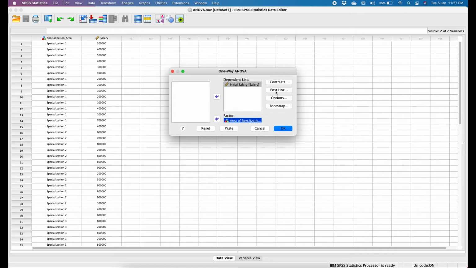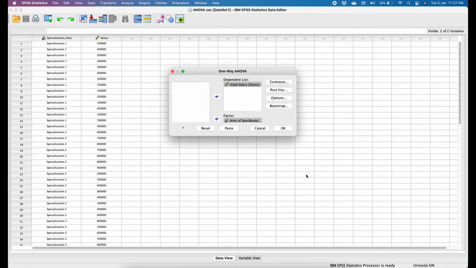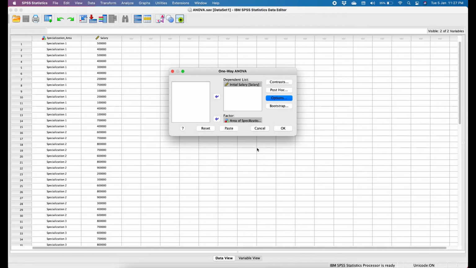Now, because we are going for a balanced one-way ANOVA, under Post Hoc we would be choosing Tukey. See, post hoc provides us multiple comparisons, which I'll explain ahead in the outputs, and what is the benefit of this. So I've selected Tukey over here and click on Continue. Now under the Options button, select Descriptives and, very important, Homogeneity of variance test, that is Levene's test, and click on Continue. Now in the One-Way ANOVA dialog box, click on OK.